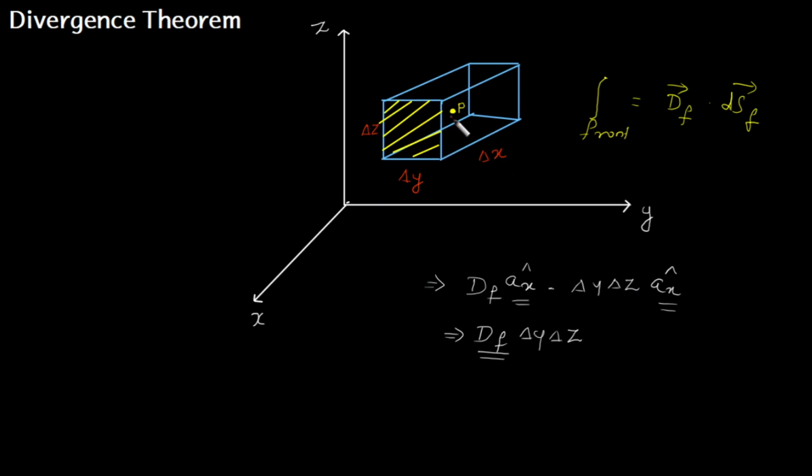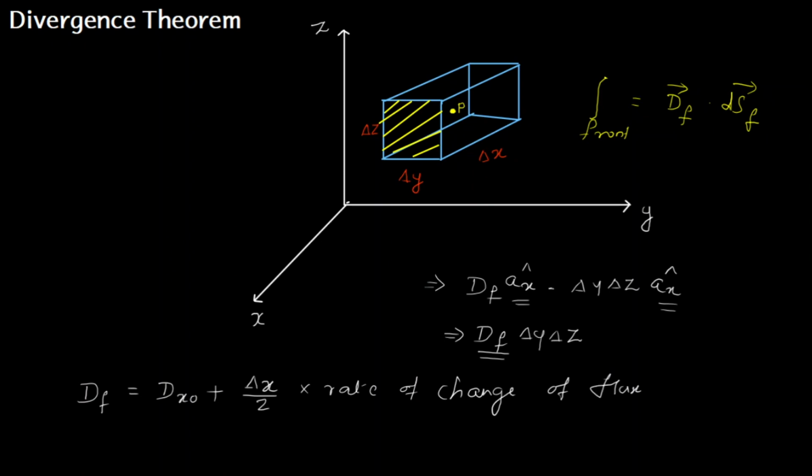Now dx naught is here. So at point P, I will have dx naught, and when it travels a distance delta x by 2, I will get df. So mathematically, how to calculate that? I can evaluate df as the initial value dx naught plus the change in dx naught when it is traveling from point P to the surface. So it is traveling for a distance delta x by 2. So I will multiply this distance with the rate of change. Then I will get df, agree?